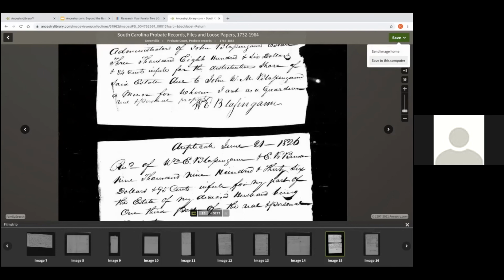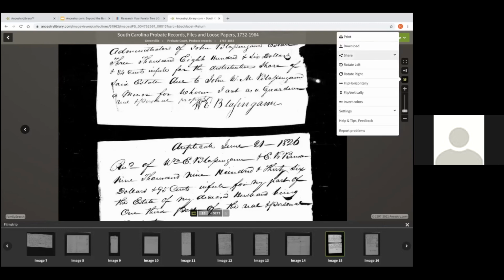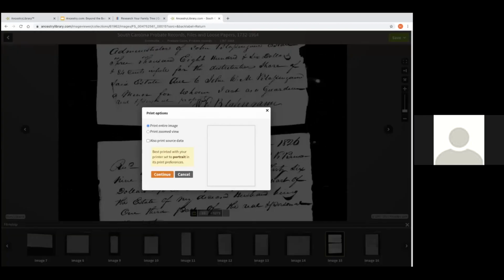So right now is a great time to take advantage of being able to use Ancestry from home, since that will be until at least June 30th of 2021 and possibly longer if they decide to extend it. But you can save this while you're at home to your computer, or if you want to save it to a flash drive. And then you also have the option, if you click on the printer, the little hammer and wrench tool, you can actually print this image. And just to mention again, there's a couple of different printing options. I can print the entire image, or I can print in a zoomed view of the image. You could do both if you'd like.